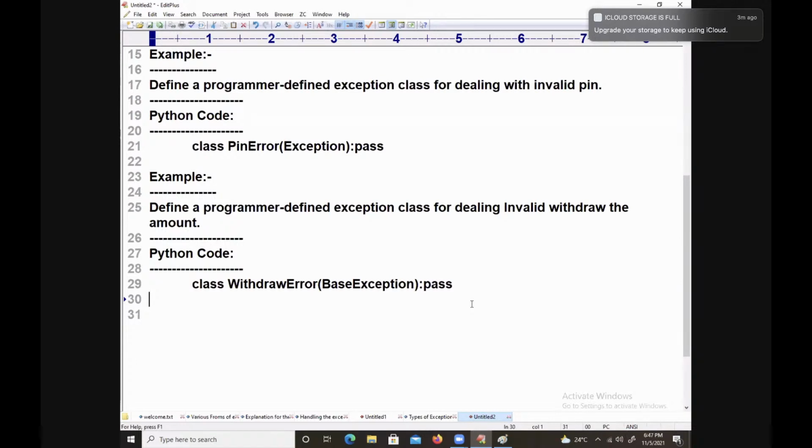Or, one more way: define an exception subclass.